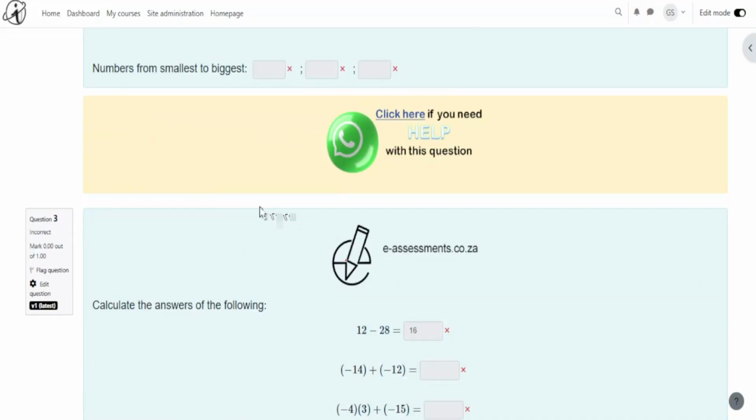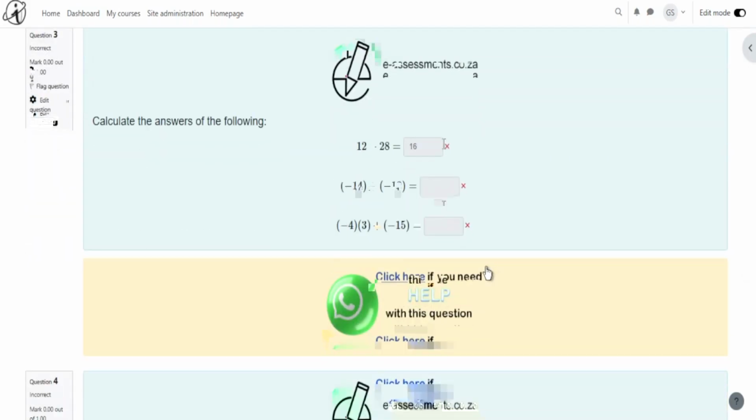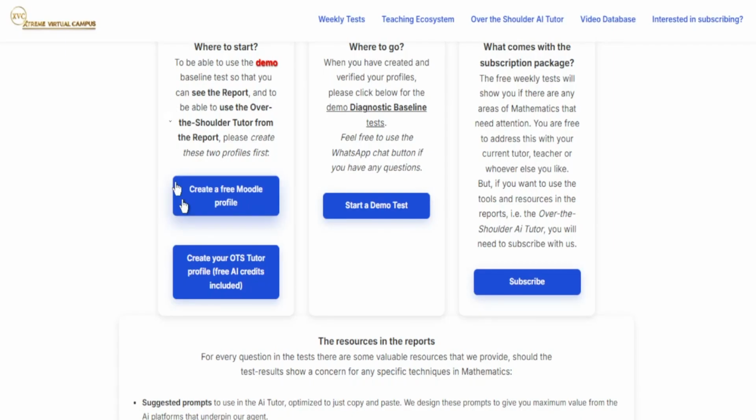And if you scroll down, you'll see everything that was marked wrong or that you did wrong. Now I did that one specifically, the 12 minus 28, I said that is 16. Let's say for argument's sake, I don't know why that is wrong. You can again click on this WhatsApp button, you speak to me directly, but it will be better if you go to your grade group if you want to ask questions, so that all of us can assist you. So if you have a question that you don't know why it is wrong, you can go and ask on WhatsApp.